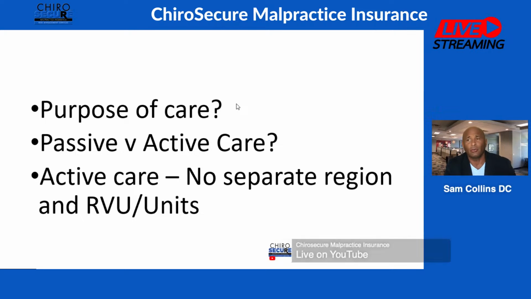Again, I won't be anti-manual therapy, but my concern is I get so many providers coming to me, hey, Sam, how do I fix this? I can't fix it if you didn't do a separate region. Or if it's with United, it's non-contiguous. So keep in mind, when you look at this, look at the overall outcome of the patient and whether or not you're being reimbursed. It is the value there.